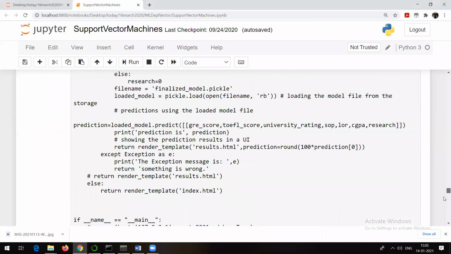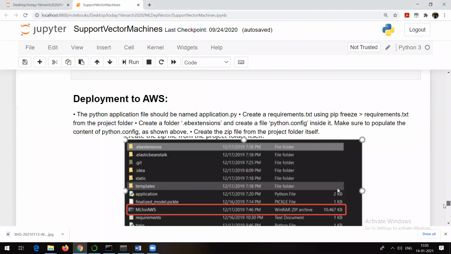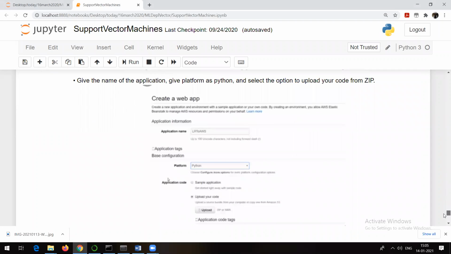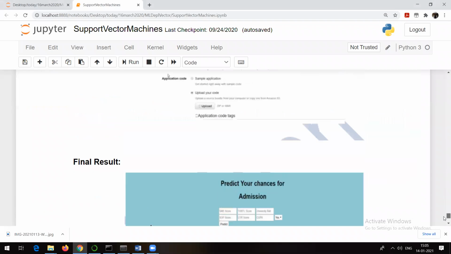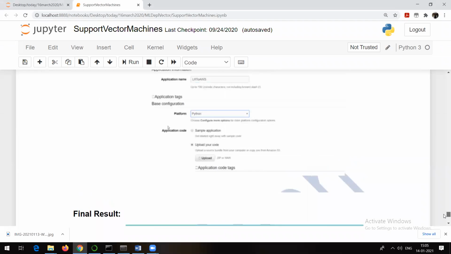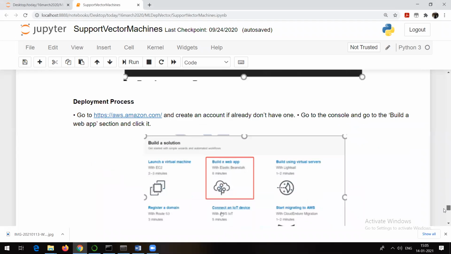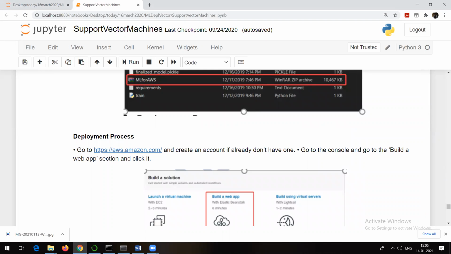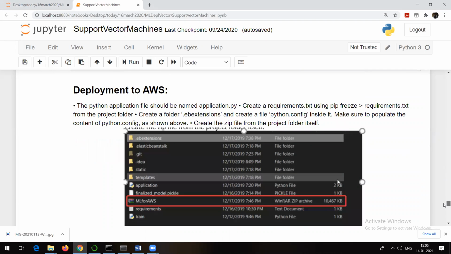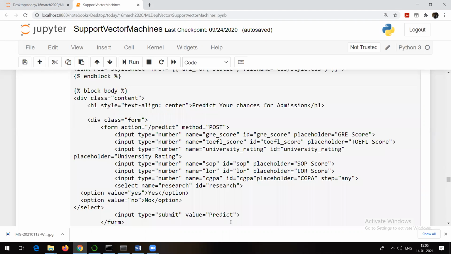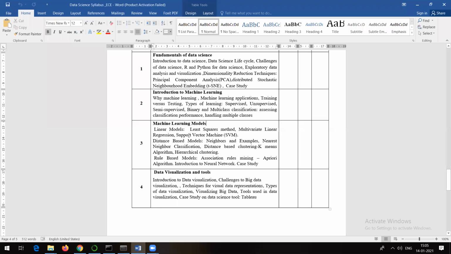And after that, whatever I have shown you are the steps to deploy this model onto Amazon Web Services, AWS. But again, this is not part of your syllabus, that's why I will not discuss it here. If you get some time, and if you people are interested later on, then we can think of deploying this particular model onto the cloud. Earlier we used Heroku cloud, and in this case, the steps for AWS cloud are shown to deploy the model. So this is all about this topic, support vector machine, from your syllabus. We have seen support vector regressor, as well as talked about support vector classifier.